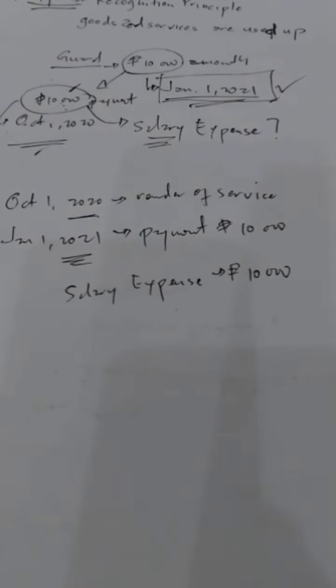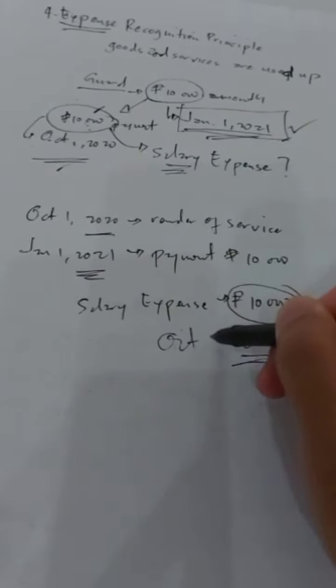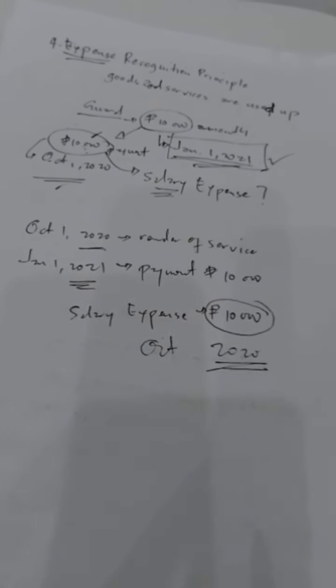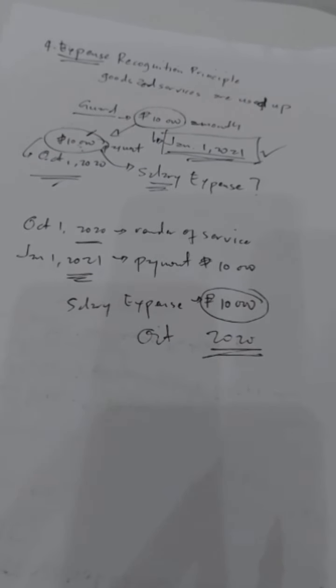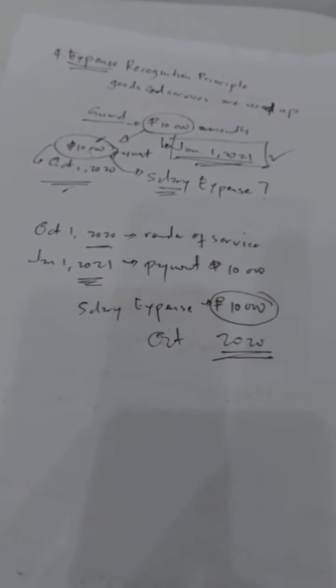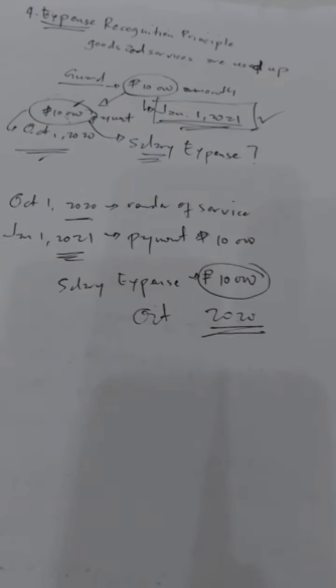So, kung kailan siya nag-render na service or kung kailan nag-deliver na nagamit yung goods. So, kailan nag-render ng service si guard? October 2020. Kailan natin siya babayaran ng 10,000? January 2021. So, kailan natin i-record as expenses 10,000? So, it should be recorded on October 2020. Okay, kasi sabi natin kung kailan siya nagamit at hindi kung kailan mo siya binayaran. So, basta ang tatandaan pag expense recognition principle, kung kailan nagamit yung goods or yung services para makapag-produce ng revenue. Pag revenue recognition principle naman, kung kailan na render yung service or kung kailan mo na deliver yung goods, doon